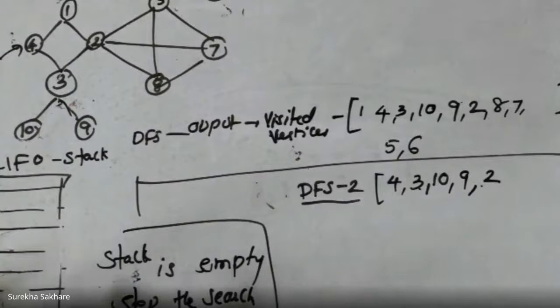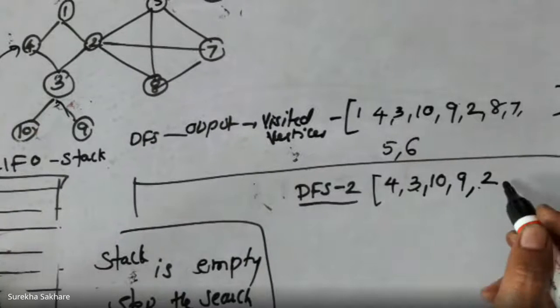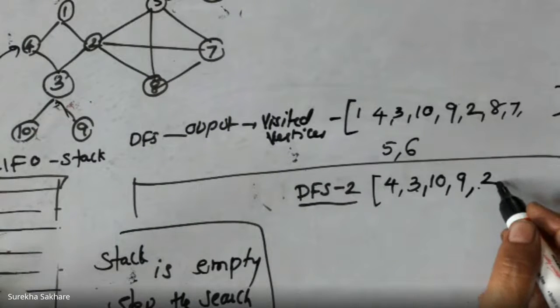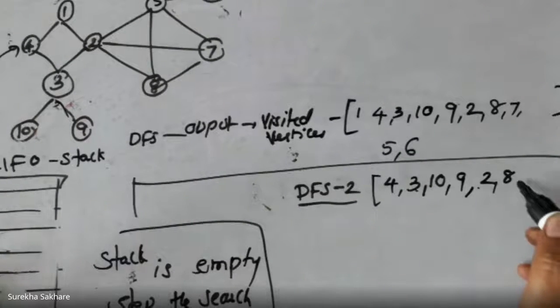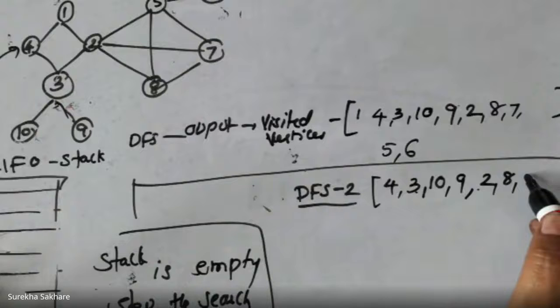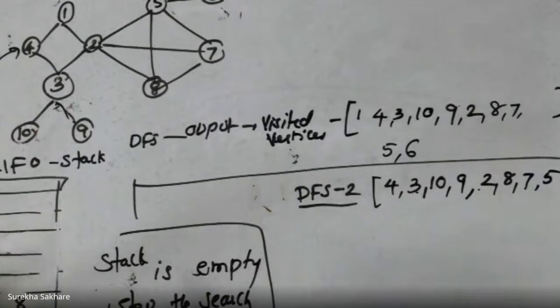Now when I have reached this 2, I have to further explore this. So I will take a path of vertex 8 and holding this here, probably I will have the future exploration for this 2. Now after 8, I have reached the vertex 7, keeping this on hold. And after 7, I'll reach the 5, which is again a not visited one. And I have kept this 7 on hold. And after the 5, I have explored this 5 and I've reached the 6.